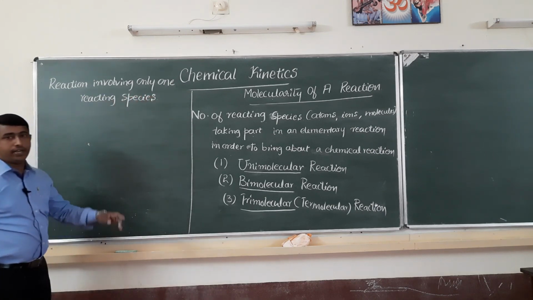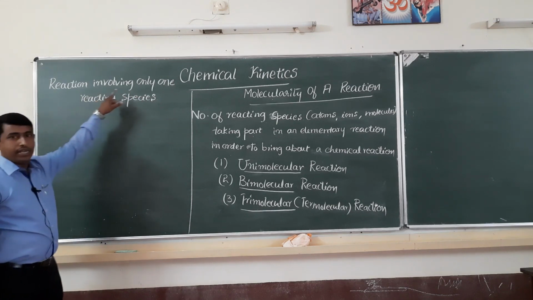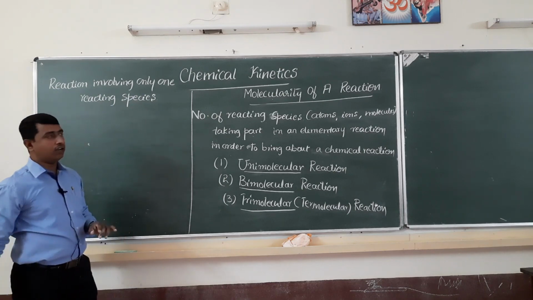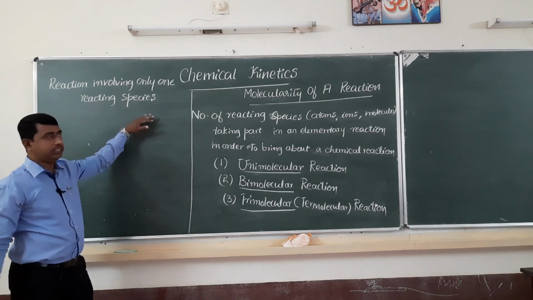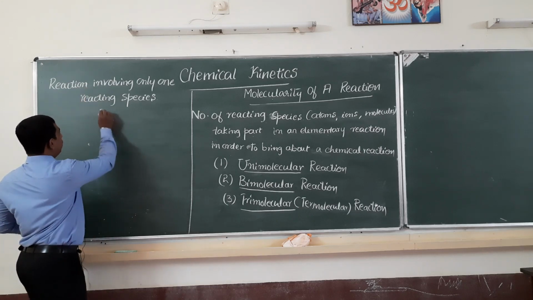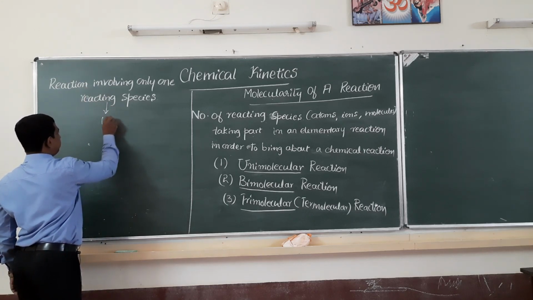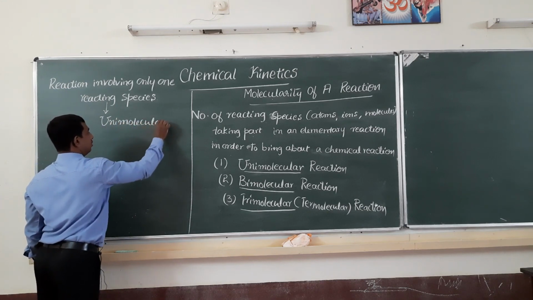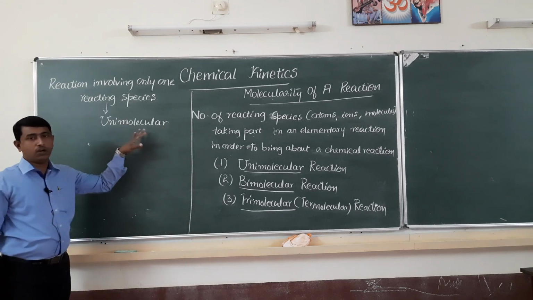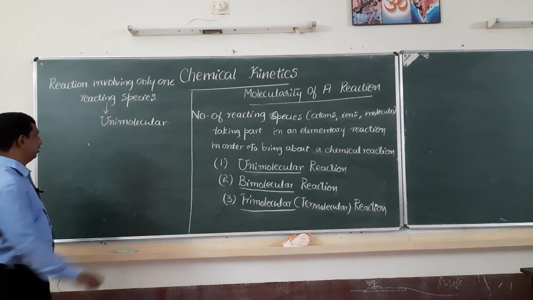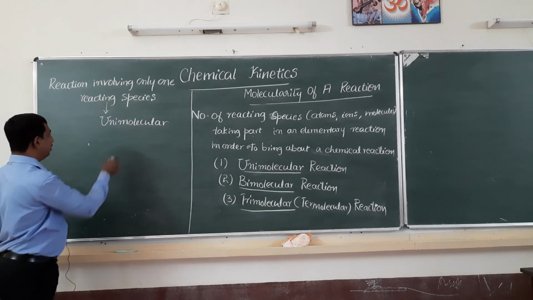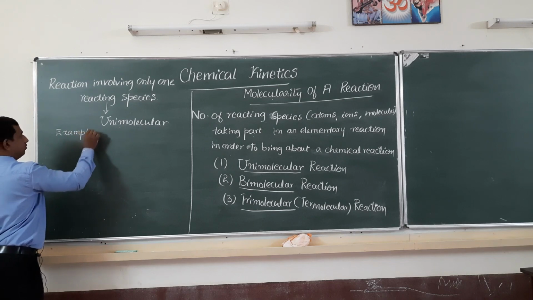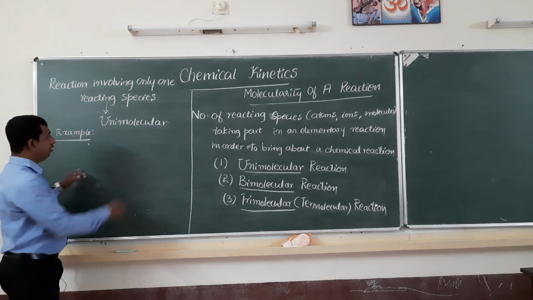What is a unimolecular reaction? A chemical reaction involving only one reacting species. Such a reaction is called a unimolecular reaction. Such a chemical reaction is called as what? Unimolecular reaction. Example for unimolecular reaction. For example,